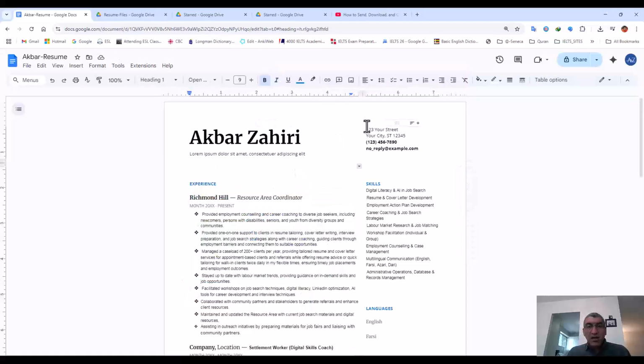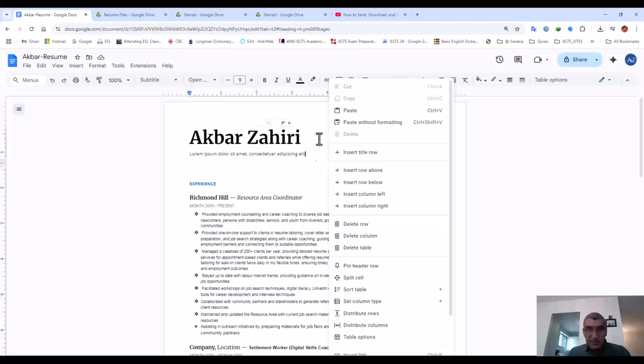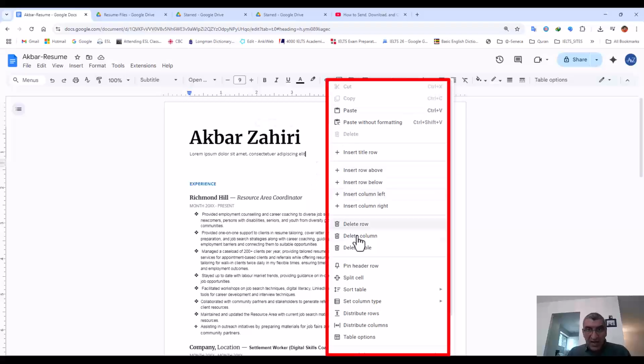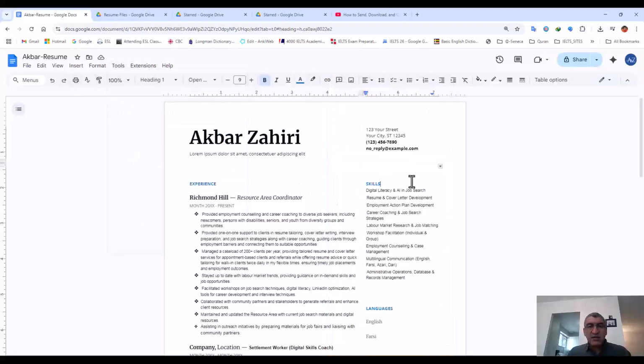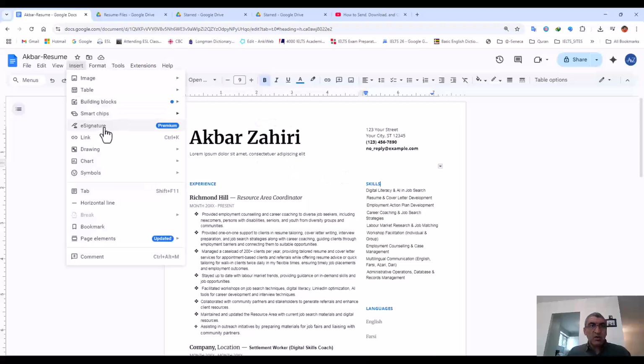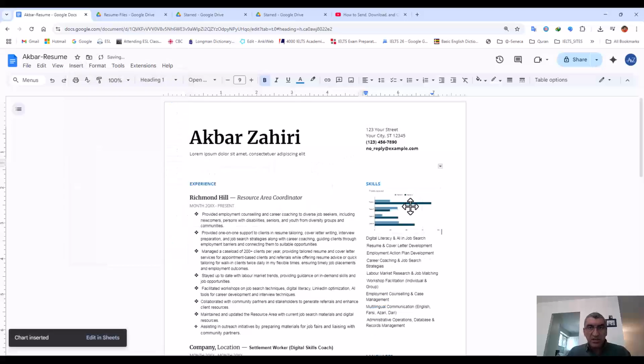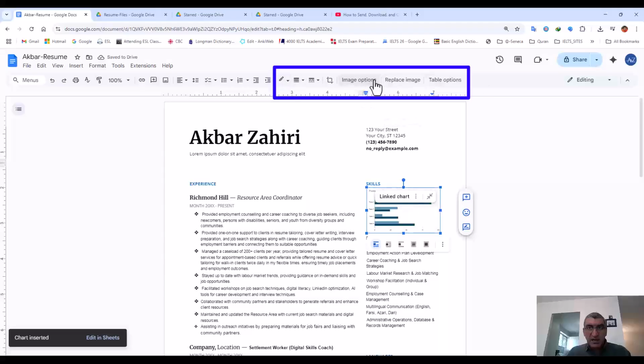delete it. Or if you right click on the text, you see when you right click on the text, you can access lots of items. Most of them are here on the toolbar or on the menu bar. So this was another important point that I wanted to mention. When you see some other extra items here, it is related to the item that you have brought here, like table or images or pie chart, something like bar chart. For example, when I bring bar chart here, if I click on this, you see there are some options here and there to work on it.